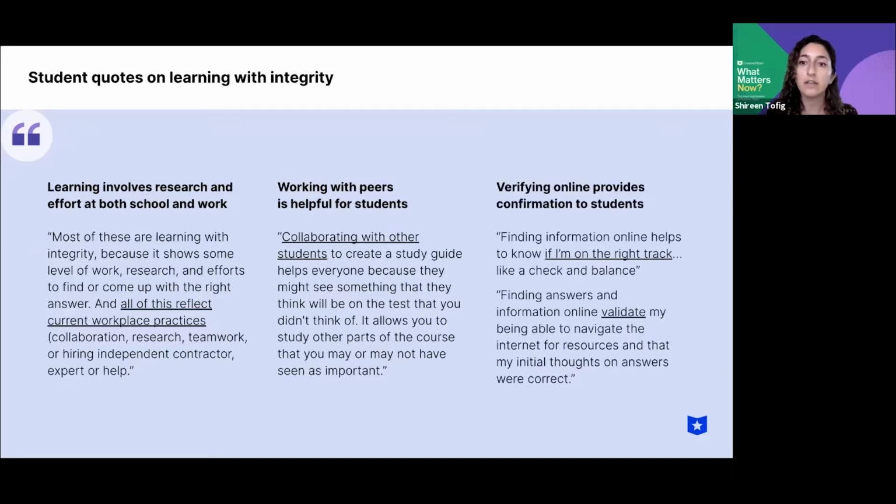And finally, verifying online provides confirmation to students. "Finding information online helps to know if I'm on the right track, like a check and balance." And another student stated, "Finding answers and information online validate my being able to navigate the internet for resources and that my initial thoughts on answers were correct."